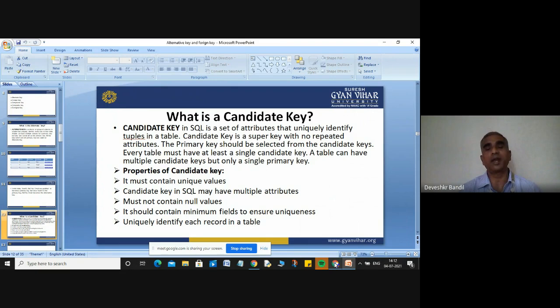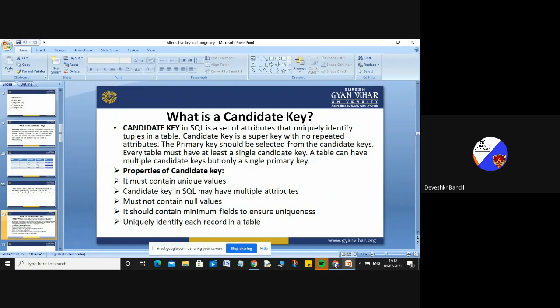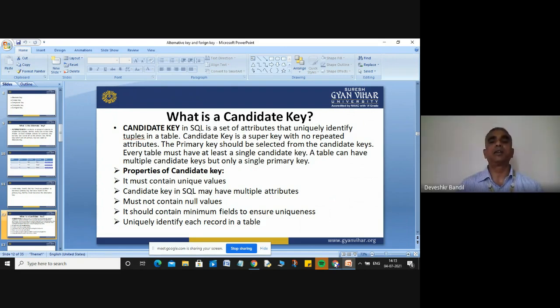A candidate key is a super key with no repeated attributes. If your attributes do not repeat, then your candidate key is a super key. The primary key should be selected from the candidate keys. Every table must have at least a single candidate key.